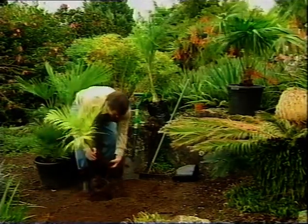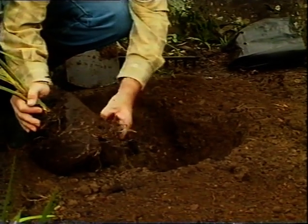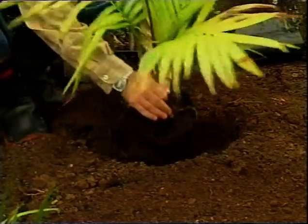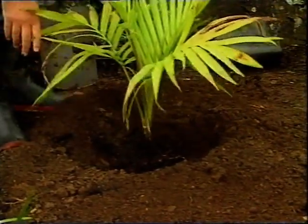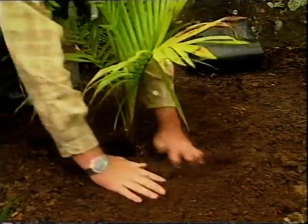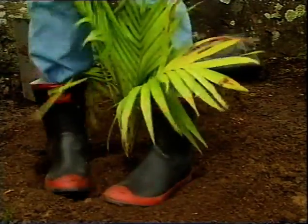Does need shade, however, and all I'm doing to begin with is teasing out those roots, just so that palm is going to anchor itself well in this hole I've dug. I've dug a good-sized hole, and just planting, as usual, at the same depth as the plant was in its container, backfilling, and a little bit of firming. Get the old gummies around the plant,